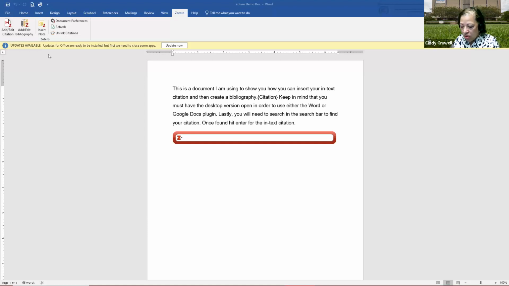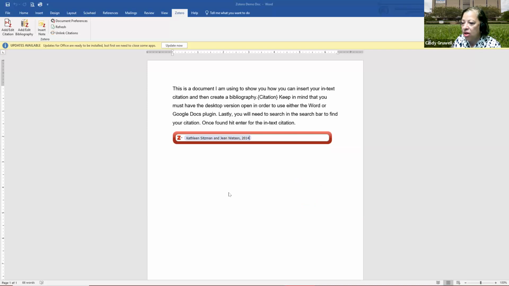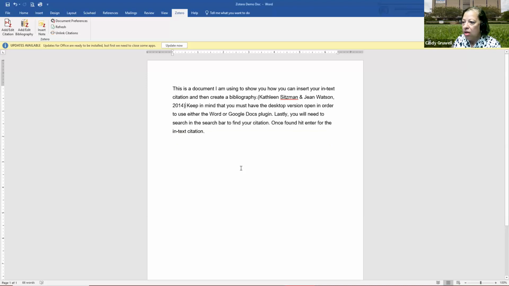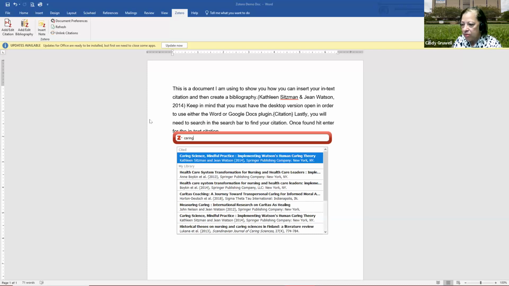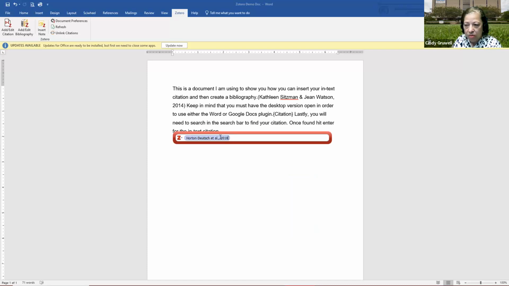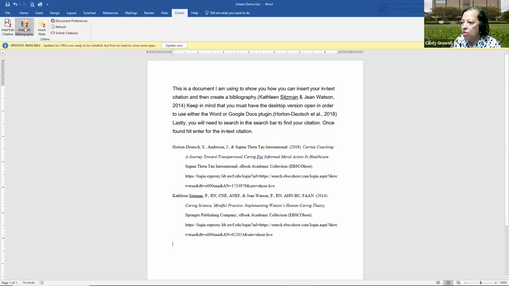Now, this is where those terms that you use to organize are really helpful. If I type in caring, I see on my articles, I can select the one that I want and insert it into the document. Could go here and say do another. So now I'm finished entering the resources that I want in my bibliography. So I'm going to go back up and click on Add Edit Bibliography, and it immediately drops those in with